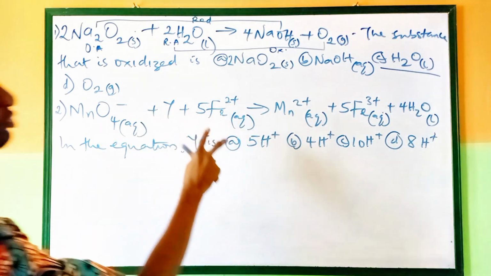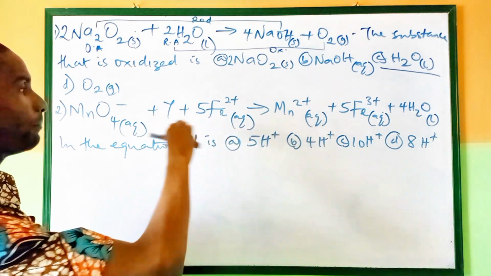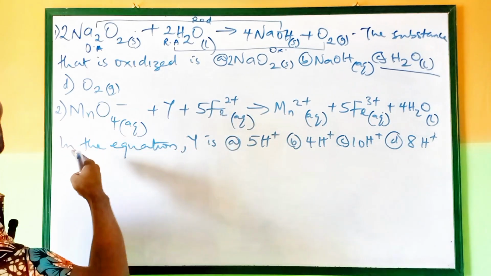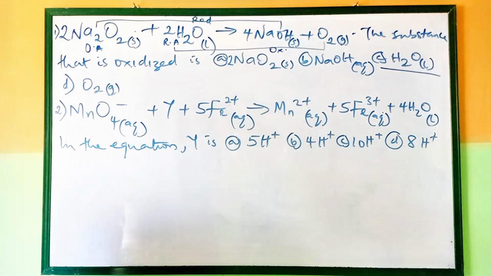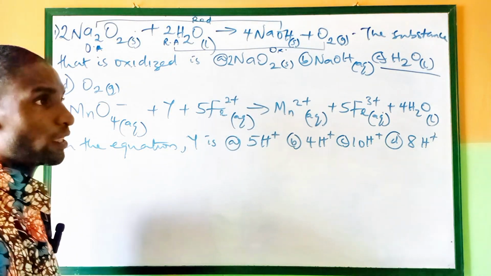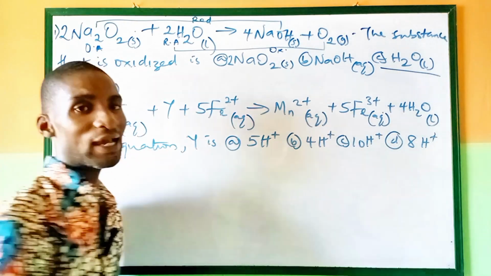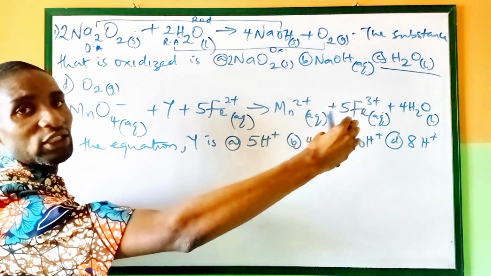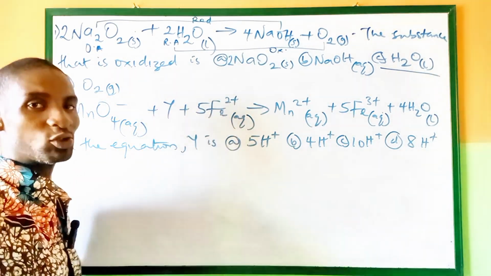Now, what you're meant to do here, you have to first inspect the equation, balance the elements, ensure that all the elements on the reactant side and the product side are balanced, and then you inspect for the number of charges. The total number of charge on this side must be the total number of charge on this side. So any side that has higher amount of charge, you try to add to the lower side to make it